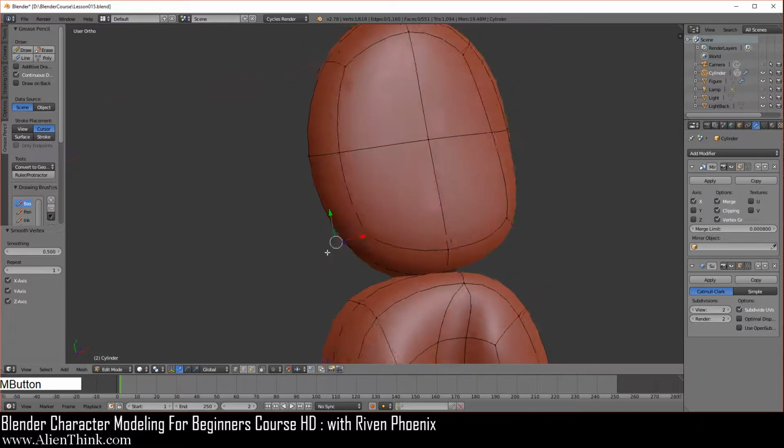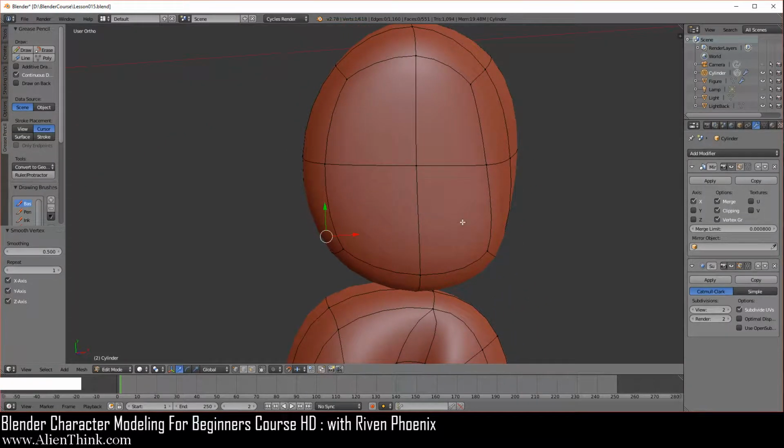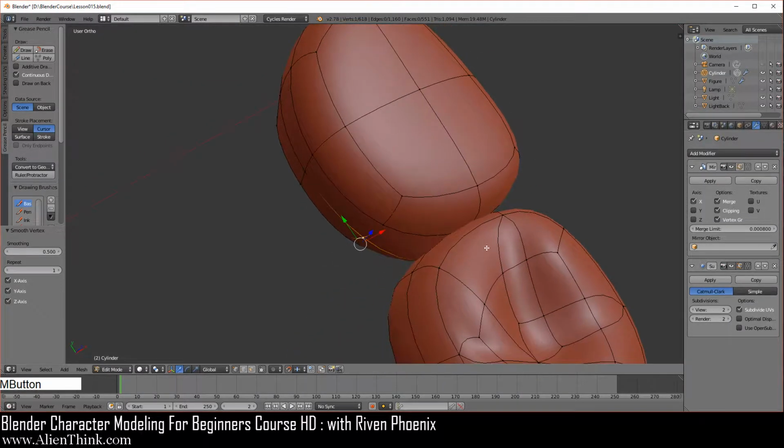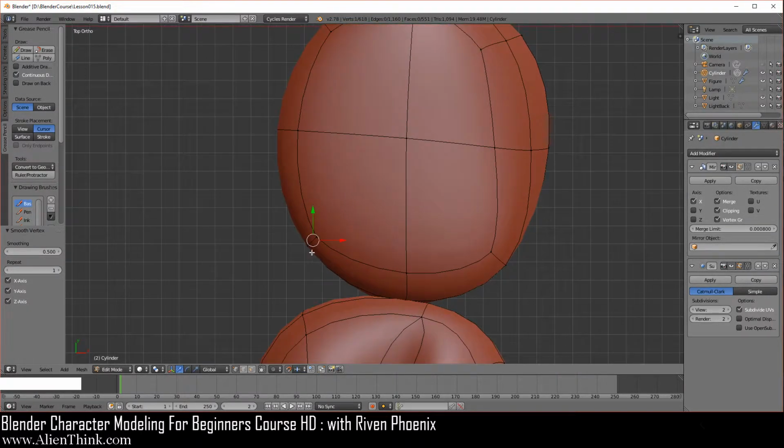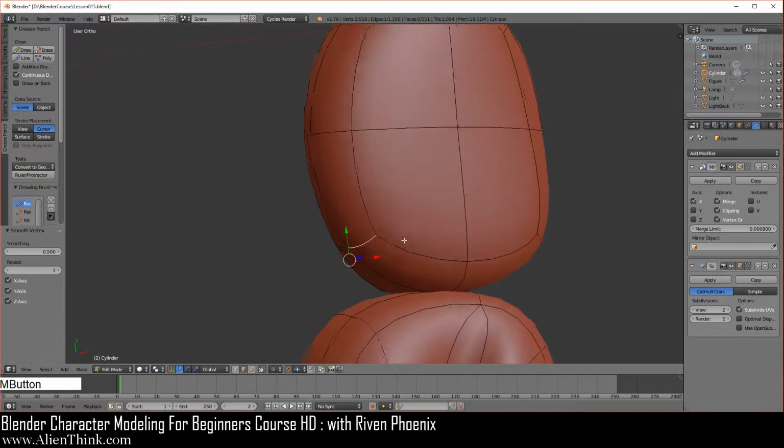Okay, so now what we need to do is actually change a few things around over here. So I'm going to press the 7 key over here and just zoom out. So we're actually going to click on the edge select mode and click on this edge over here, right? This is the edge I'm clicking.